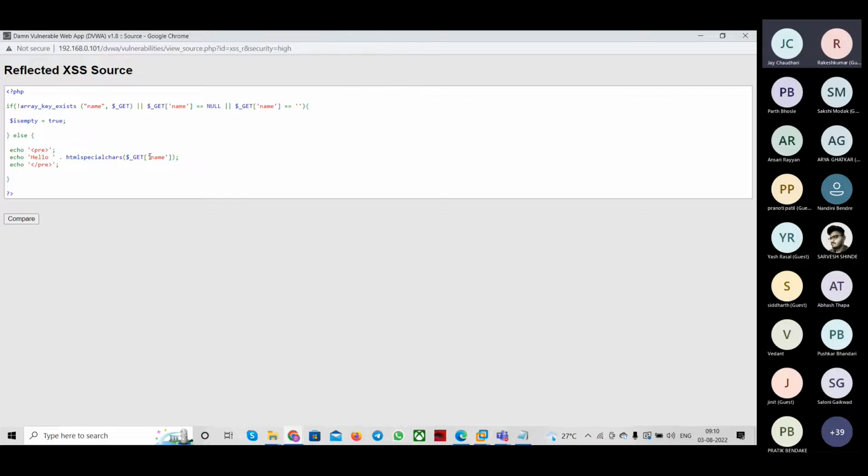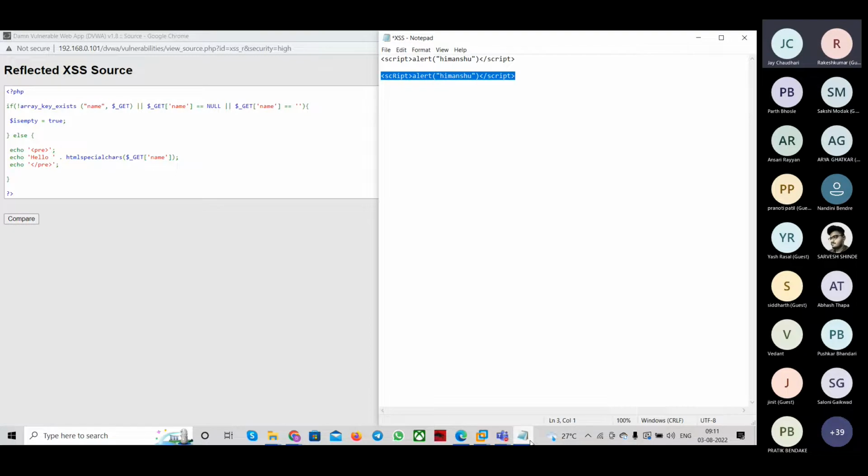ओके, यहाँ पे मैं सबसे पहले ग्रेटर देन, लेस देन, ये सारे सिंबल्स यूज नहीं कर सकता। अगर मैं करता हूँ तो वो रिफ्लेक्ट नहीं करेगा। तो यहाँ पे स्क्रिप्ट टैग विल नॉट वर्क, जो नॉर्मल स्क्रिप्ट है वो काम नहीं करेगा। बट हमें पता है कि वी हैव थाउजेंड्स ऑफ स्क्रिप्ट, जैसे मैंने यहाँ नोटपैड में लिखा है, ऐसे मेरे पास हजारों पड़े हैं। ओके, सो उसमें से एक मैं बॉडी वाला यूज करूंगा।